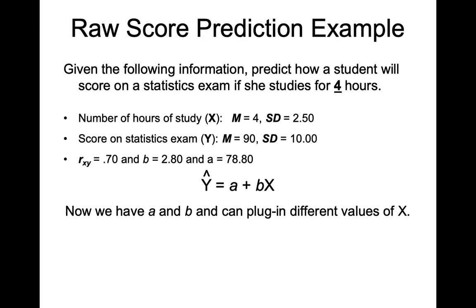What about if a student studies for 4 hours? Let's plug in. Okay, same equation, our regression constant is 78.8. We're going to plug in an x of 4, and when we do that, you'll get a result of 90. So this illustrates an important